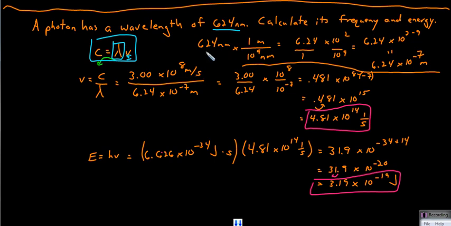So we need to convert our 624 nanometers into meters. So you know that there are 10 to the 9 nanometers per meter. This gives you 6.24 times 10 to the negative 7 meters. That's the same as 624 nanometers. And if you don't have a fancy calculator to do this, you will need to break this calculation into two parts, where you have the regular numbers part, 624 divided by 1,